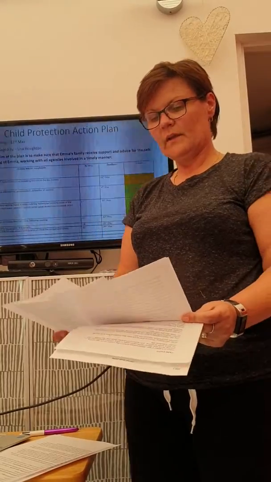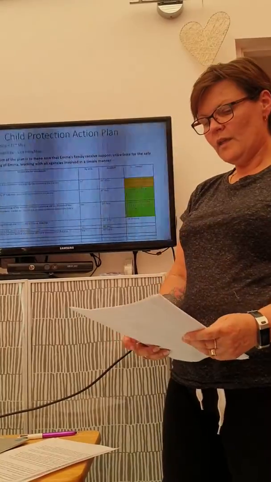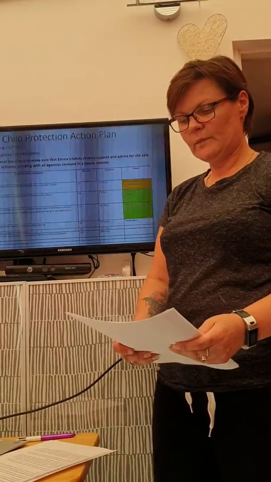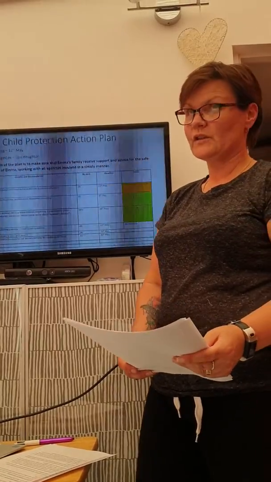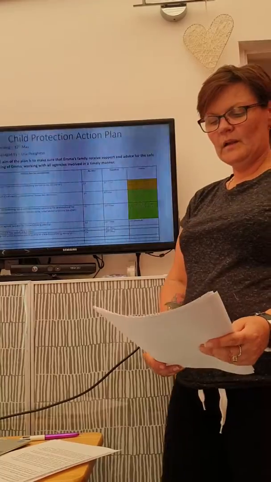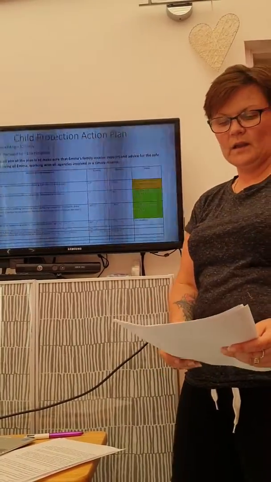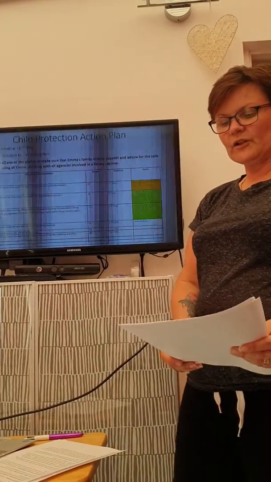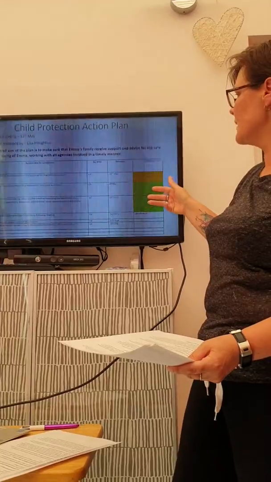So we had a case study given to us, and I have come up with an action plan here, and I have used the RAG report, which some of you may already be aware of, where the red stands for actions that are overdue, and on mine I don't have any of those. Amber is actions due for completion, which I do have one that's pending here, and the green whereby the action is either completed or on schedule, and I've got two actions already completed here.